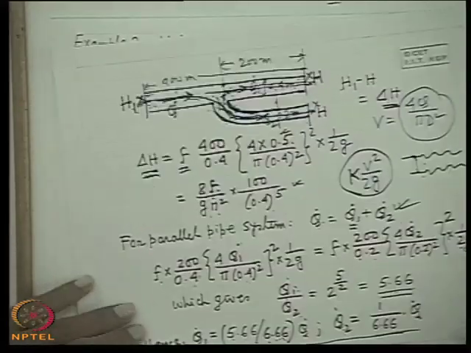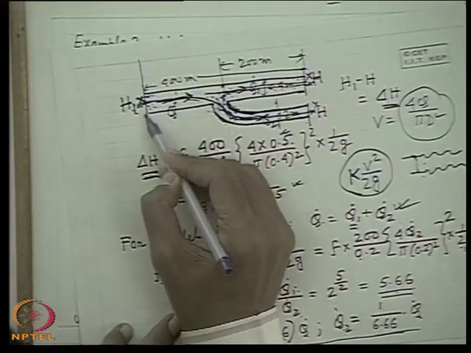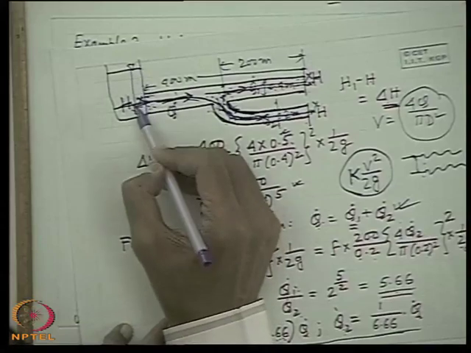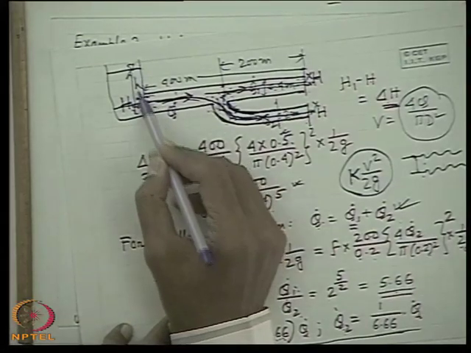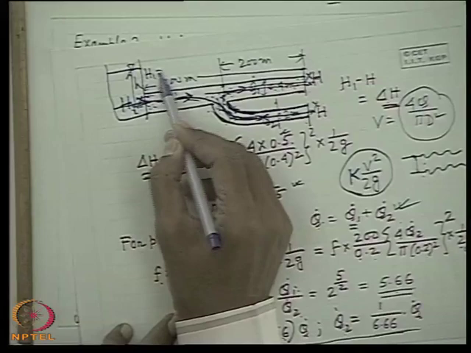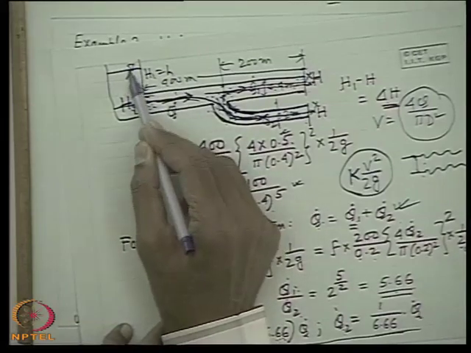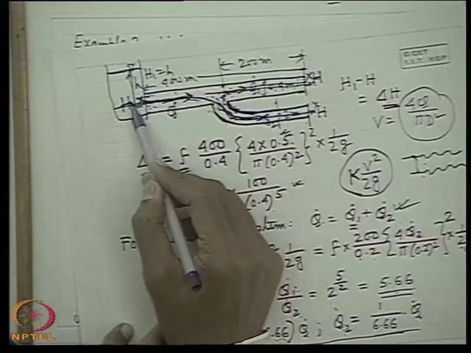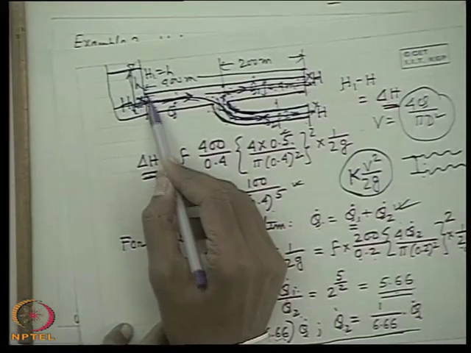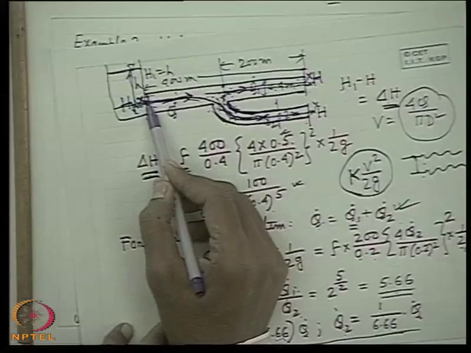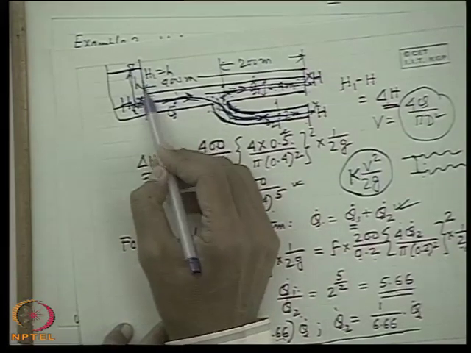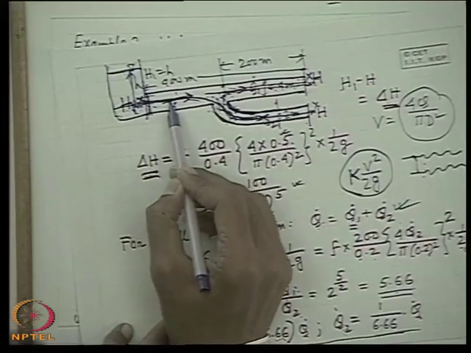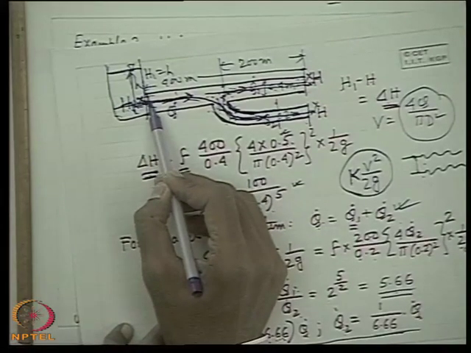For example, I can explain very well that if the problem was given like that, there is a tank and there is a head. That means H1 is given in terms of the height. So you can consider H1 is the height of the surface from here. So this is a big tank. In that case, I will consider the entry loss. But here H1 is defined as the head just at the inlet, after losses and everything. So nothing is given here. If the problem is posed like that, then we will use this H1 as the height, and then we will consider the losses, we will consider the entry loss. Okay.